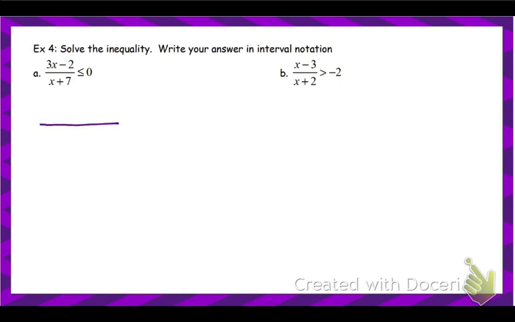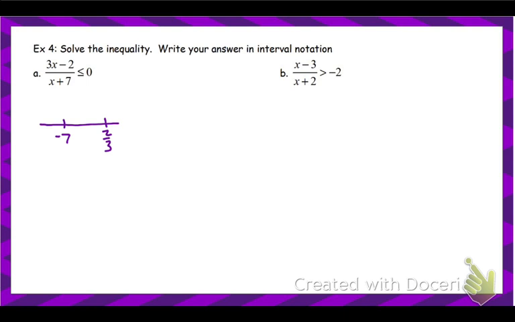In this case, my vertical asymptote is at -7. My x-intercept is at 2/3. Those are the places where our graph could switch from positive to negative. So now we'll pick test points. I'll pick some test point in this region, anything to the left of -7. If I pick -15,